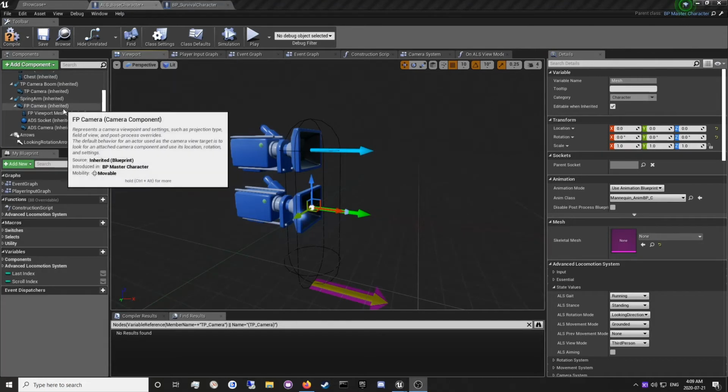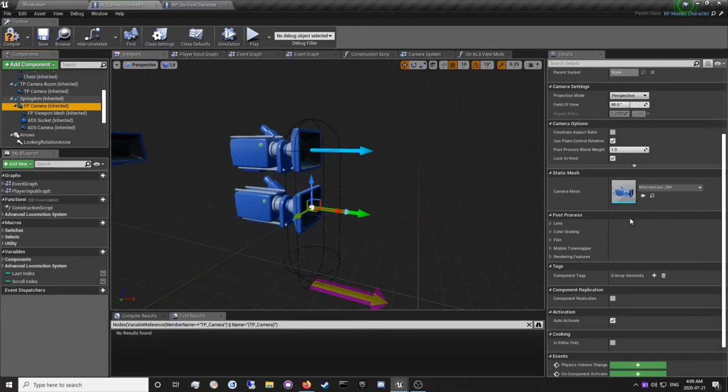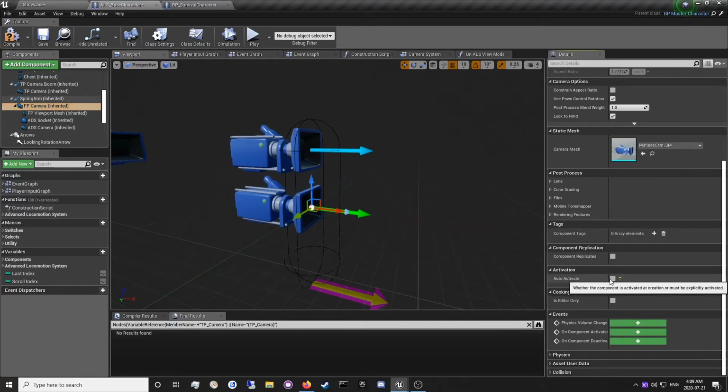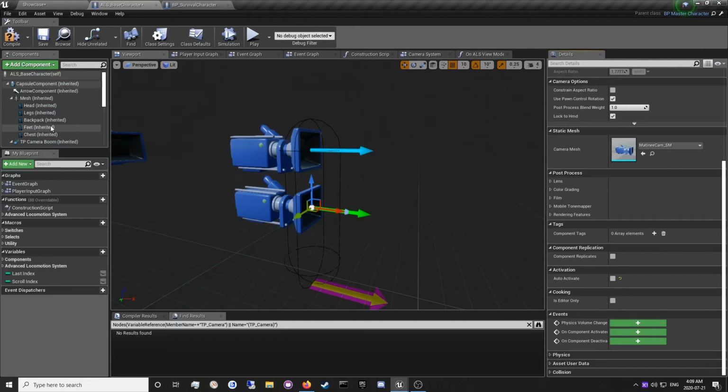We want to go to our first person camera inherited and turn off auto activate so it doesn't activate automatically. Compile and save that. And once that, we will,